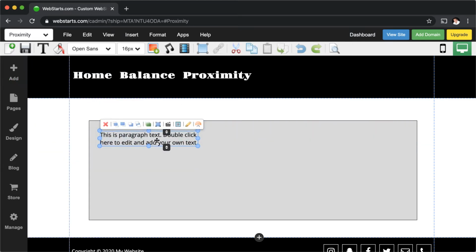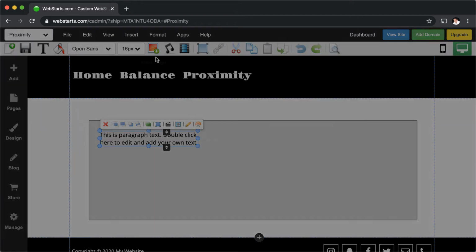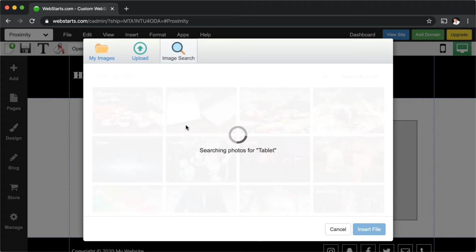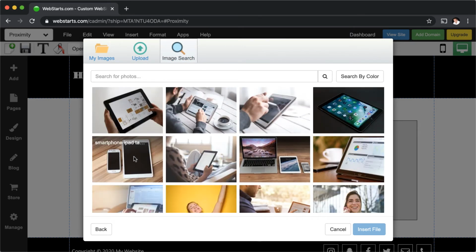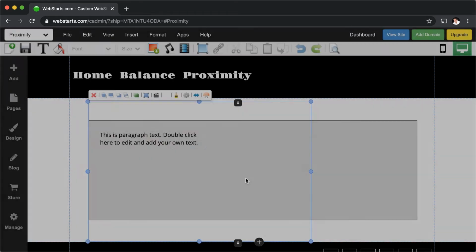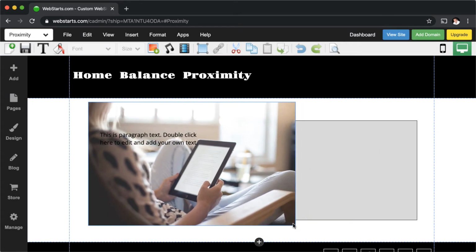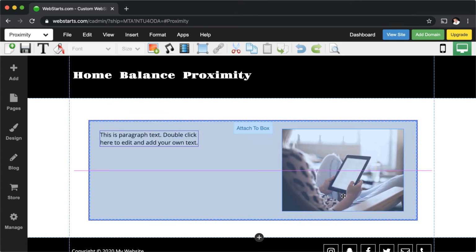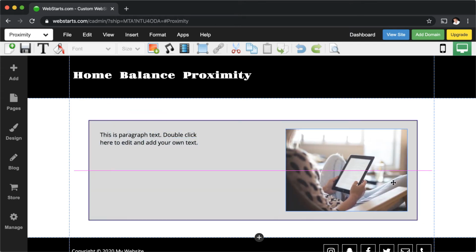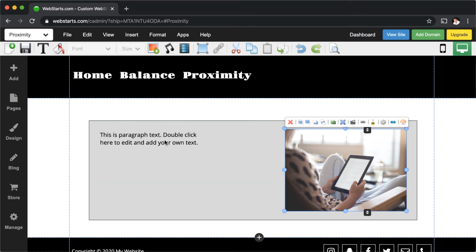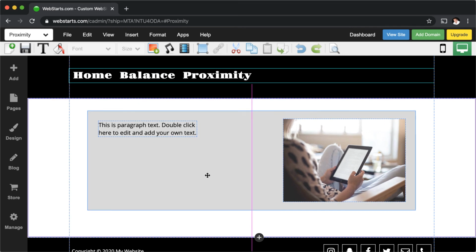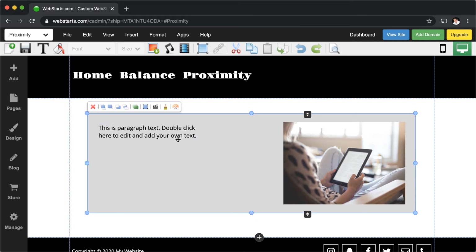So here you can see I put a paragraph of text into the box. If I want to put an image into the box, I can do that by clicking Insert Image, and then I can just use some of the stock photos that are included with WebStarts. And I need to resize that image, so I'm going to take the handles there and then I'm going to drag it. You'll notice with WebStarts that you can attach elements to a box, and what that does is it helps you move those all together, so it's a grouping functionality that can help speed up the development of your